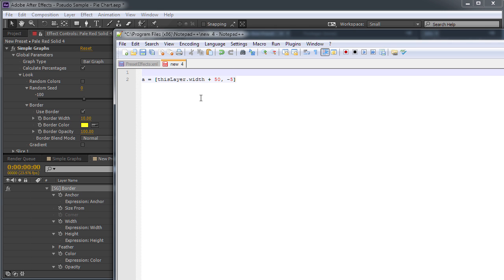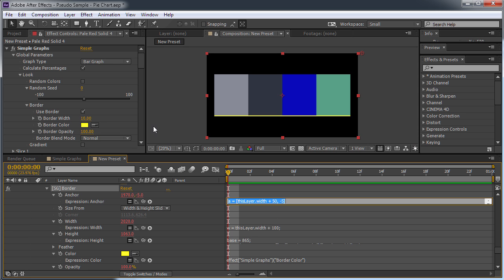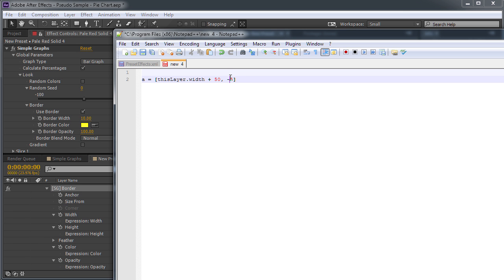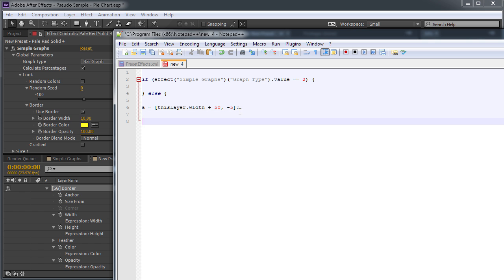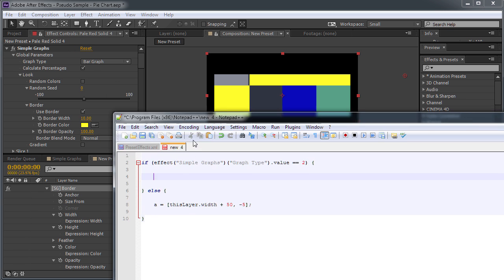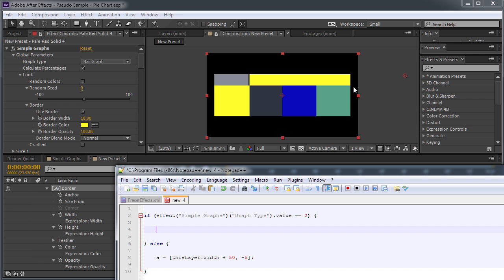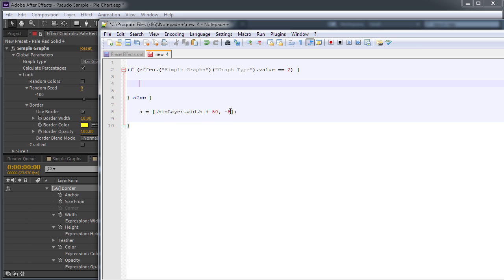So let's start by pick whipping our control up here so we can get this value. And we're going to say if this value is 2, which is our bar graph, then we're going to do one thing. Otherwise, we'll keep it at this same constant value, because this works for our ring graph and our pie graph. But if it's the bar graph, then we want to do something a little bit different. We actually want to bring the anchor point down so that we can see that bar at the top and the bottom. So we want to change the second value from -5